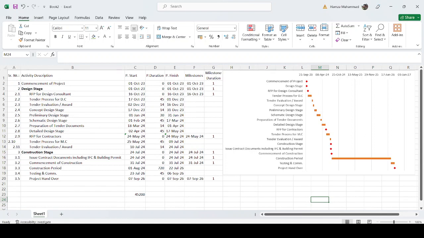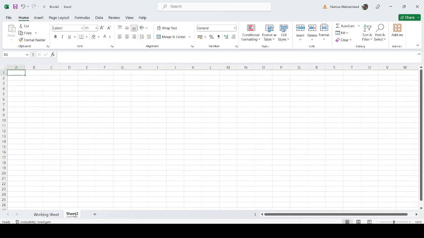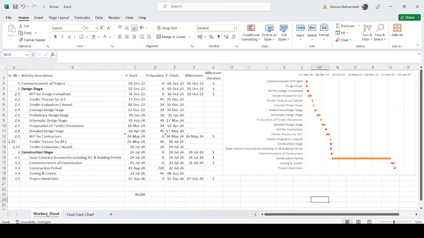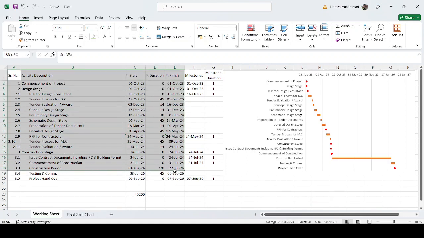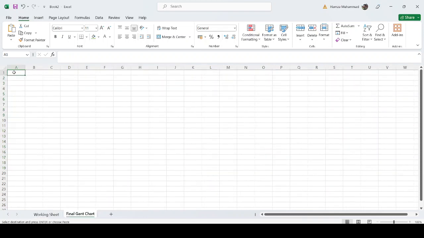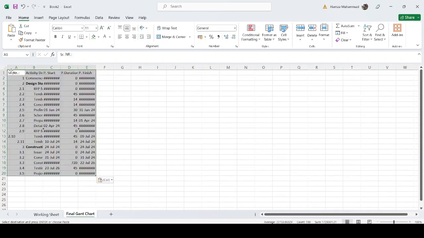And so what we do here, this sheet is sheet number 1. We just type it as a working sheet. Okay, and we add one more sheet which is a final Gantt chart. So for the final Gantt chart, we take the values from here. Okay, Control C and paste it here. Just select and